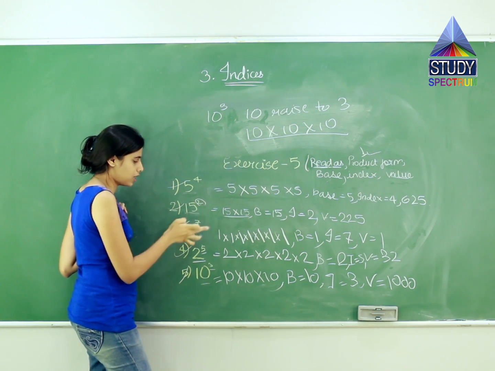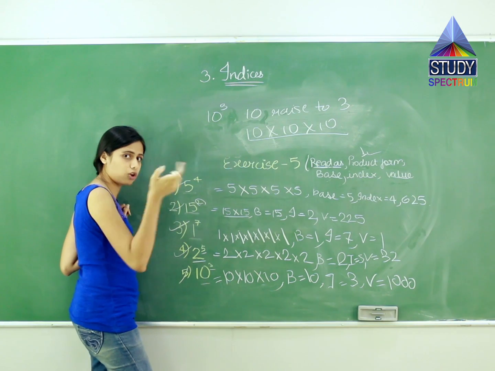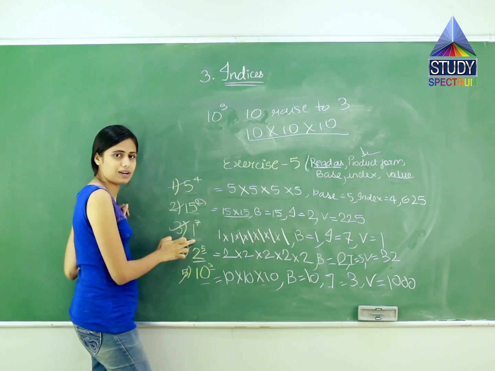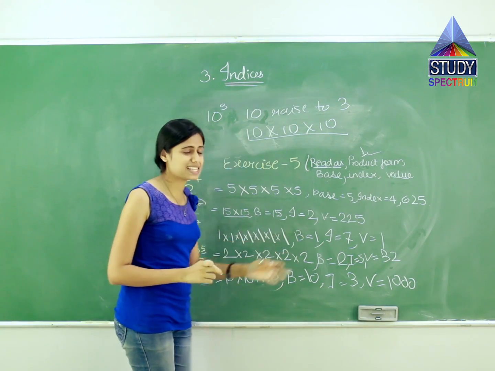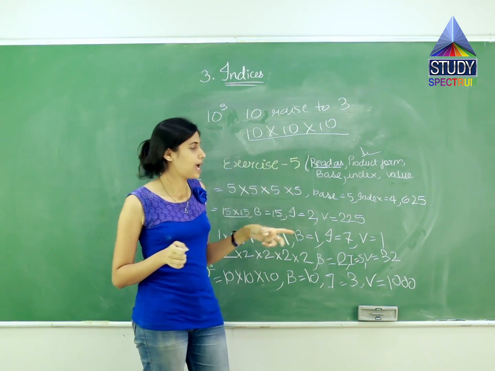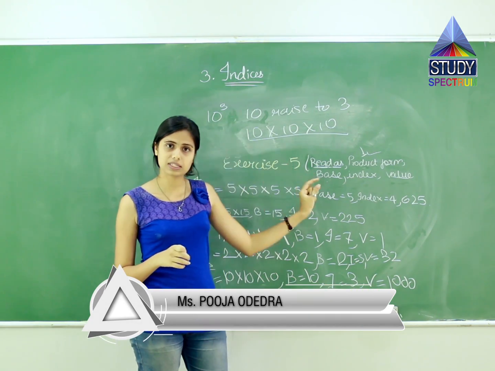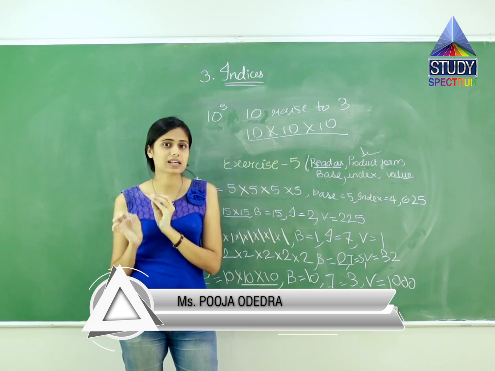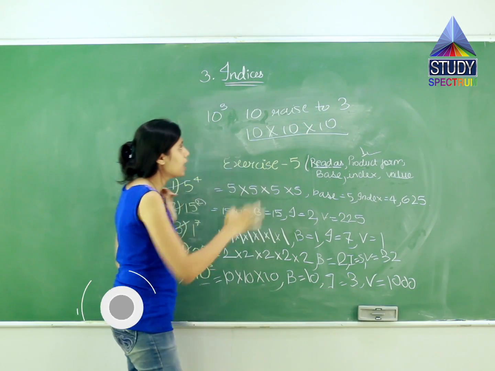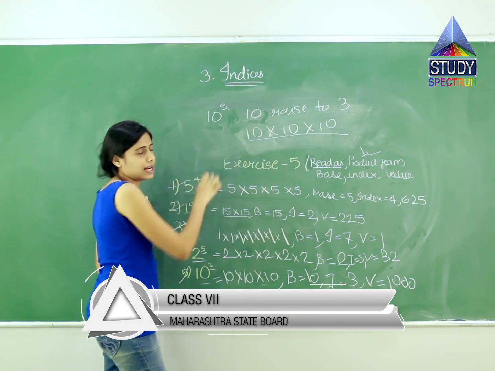Over here we have 15. Over here we have 1. Even though 1 is smaller than 7 on the numerical line, 1 is the base. Why? Because the font of 1 is bigger. So that is what I am saying: base is the number bigger in font. Over here it is 10. And index is the number smaller and above it. Mainly, index means repetition, how many times to repeat. Over here it is 3, so we repeated the base 3 times. So that is what index is.